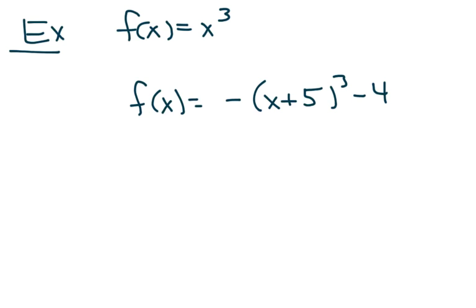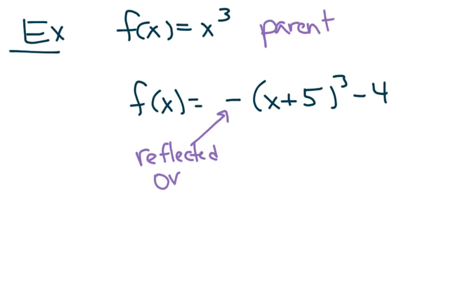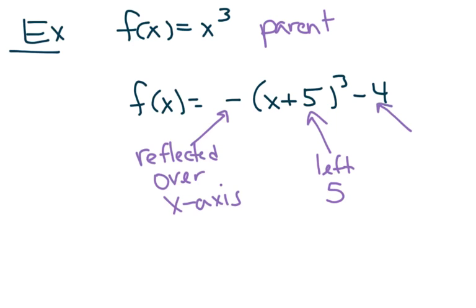If I give you the parent function f of x is equal to x cubed, and I ask you to describe how these two functions are related, because this one is the parent function, the second one is just translations on the parent function. And the translations are that it's been reflected over the x-axis,